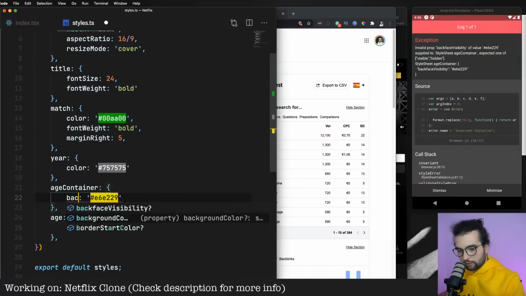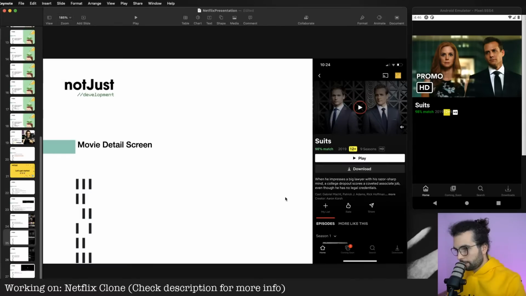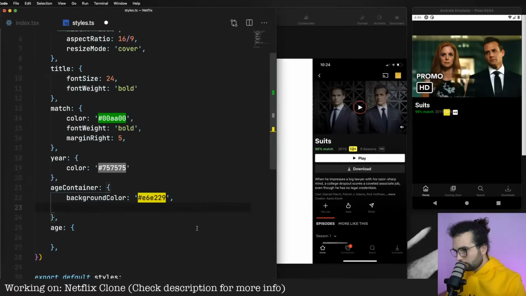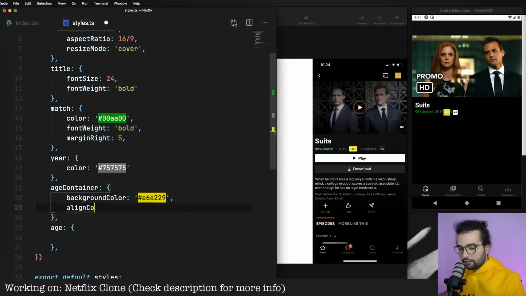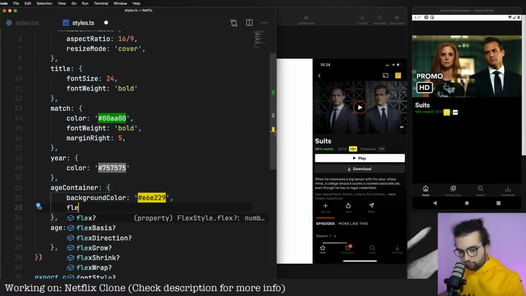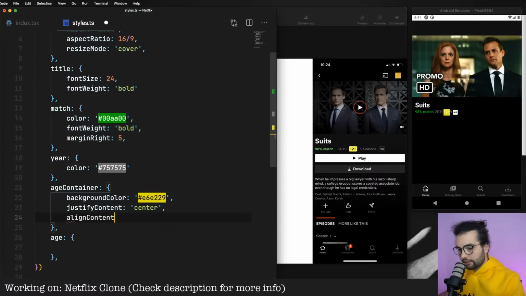Okay, background color yellow. Align items, justify content center and align items center to make the text in the middle. Adding some border radius